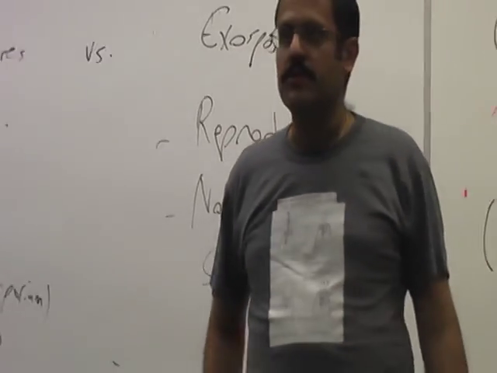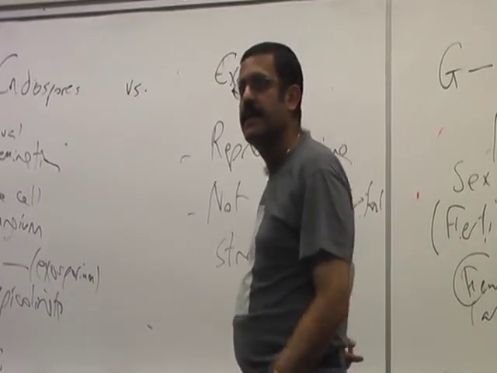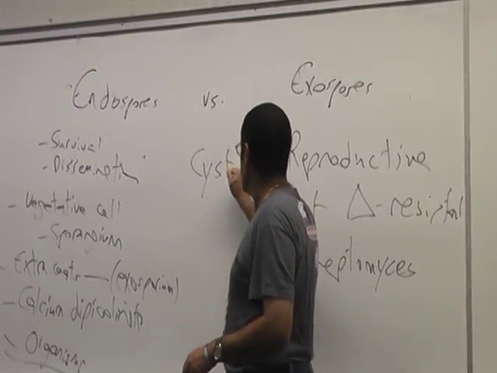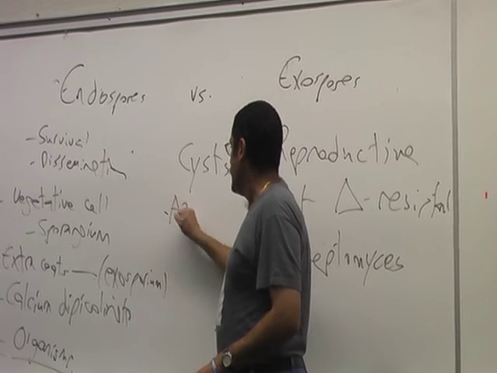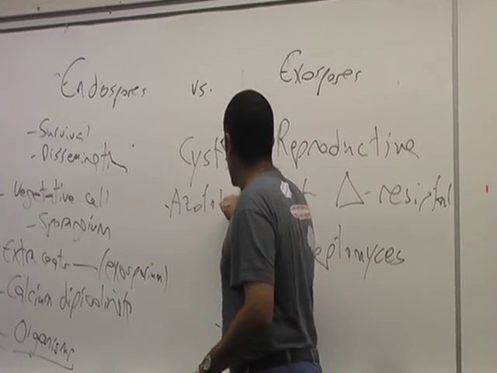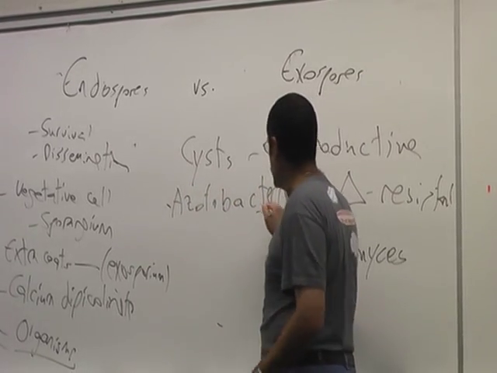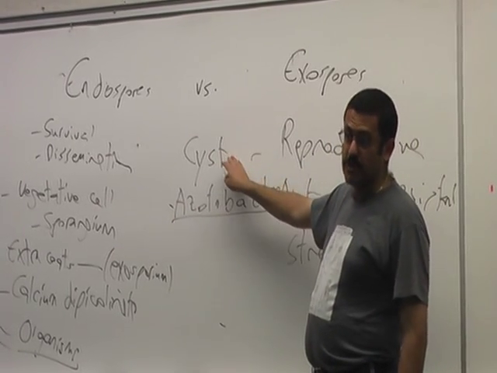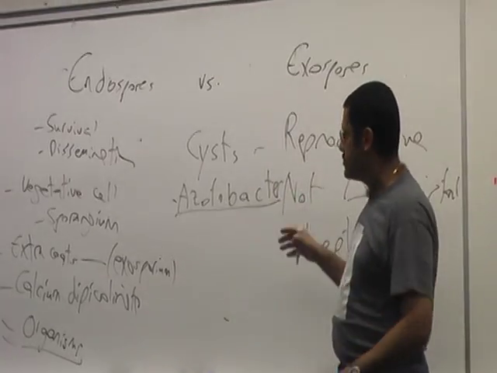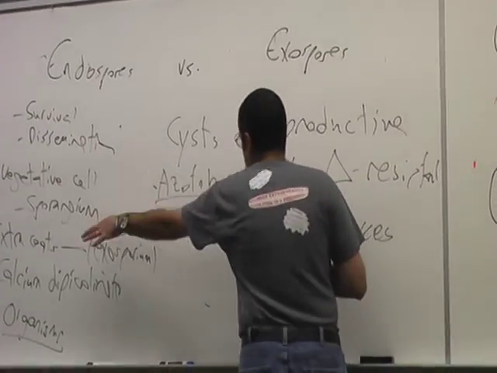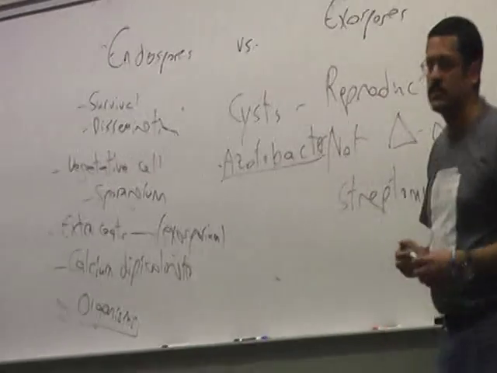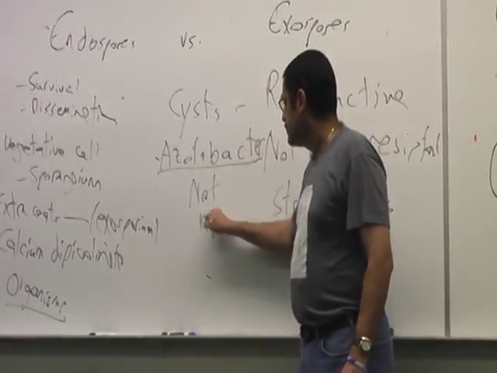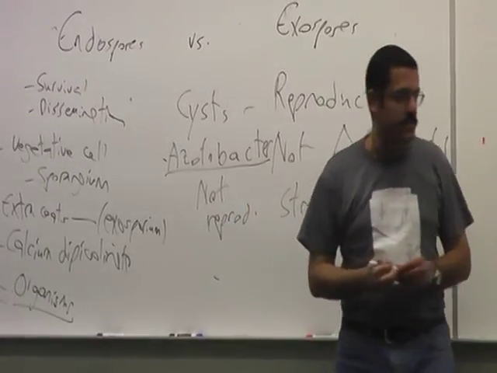So any questions about... there's one more structure that we talked about, which is cysts. And here the organism we, at least, that was addressed, called Azotobacter. So please remember that one too. That is not reproductive also, but it's intermediate in heat resistance. So it is not as high or as low as this one. But it is not reproductive. Any questions about